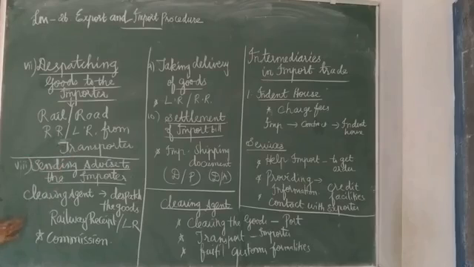Then comes sending advice to the importer: the goods have been received, so you can come and collect your goods. Such advice, such information, has to be sent to the importer. For that, what will the clearing agent do? The clearing agent informs the importer of the dispatch of goods and sends the railway receipt and lorry receipt to the importer. Also the statement of expenses: what are all the expenses he incurred? That also will be sent to the importer.